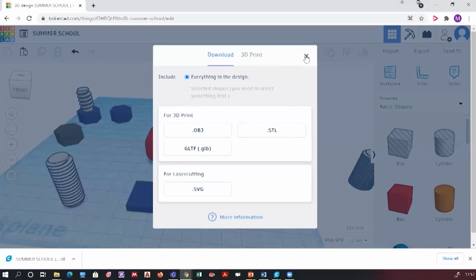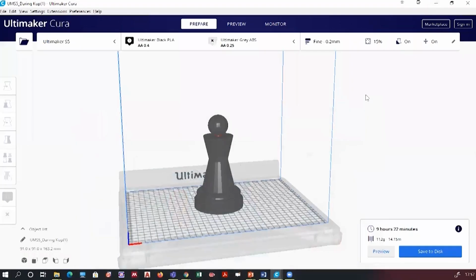STL is better. Now, I hope you have got an idea how this Ultimaker Cura thing works. I know you need a demonstration by yourself to do it. But for now, you should have an understanding of what exactly happens after you create a 3D model.